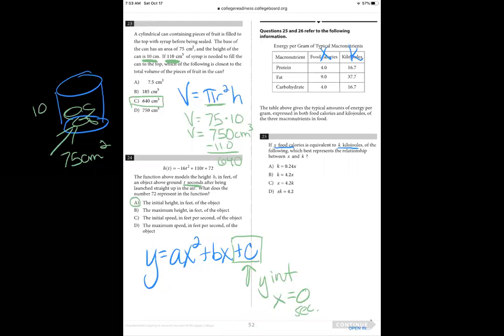And for 25, we're trying to connect x and k, which best represents the relationship between x and k. So when you look at that table, to get from x to k, we are multiplying by approximately 4. So if we test that out, to get from x to k, we want to multiply x by 4, which looks to be choice B. Right? To get to k, k equals 4.2 times x. And if you test those out, I wouldn't take the time actually to test those out because it's saying which best represents. Okay, so